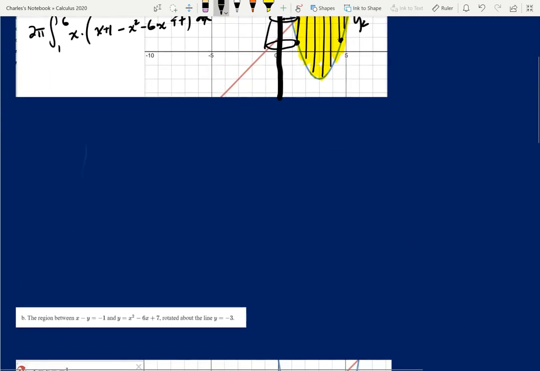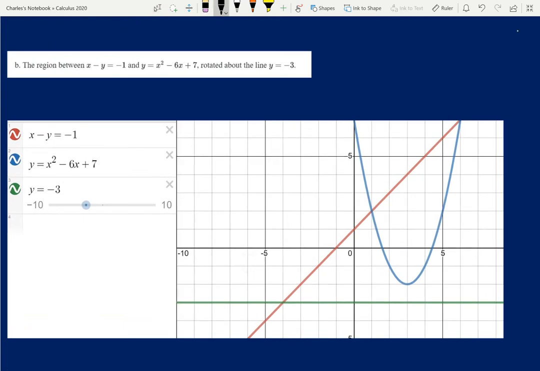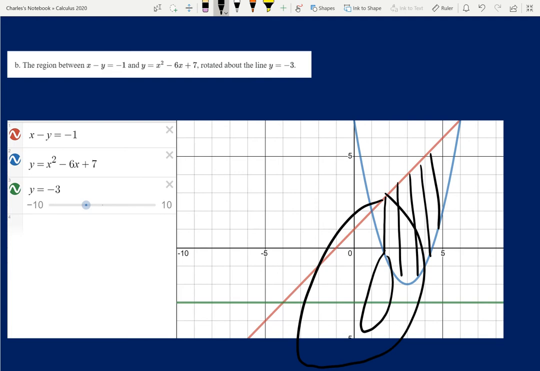In the next one, it's a similar type of question, except now we're rotating it around y equal to -3. And so I can think of the cross sections as washers here. When I rotate this around, I'm going to get an inside circle and an outside circle. So I'm going to have the integral as x goes from 1 to 6. What's the outside circle going to be? Well, it's going to be x plus 1 plus 3, or (x plus 4) squared,